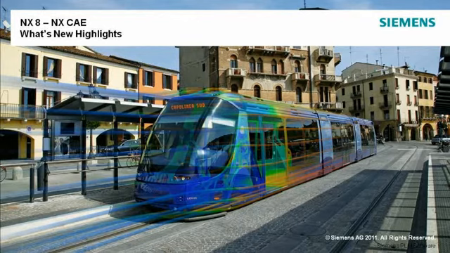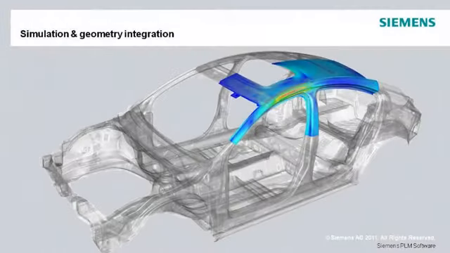NX8 NX-CAE introduces over 200 projects that extend solution capability and maximize productivity. This video will show highlights for some of the new simulation capabilities available in NX8 CAE. What makes NX-CAE unique from all other preprocessors is how it integrates high-end analysis modeling with strong geometry capabilities. The result is productivity benefits that can drastically reduce the amount of time you spend preparing and solving analysis models